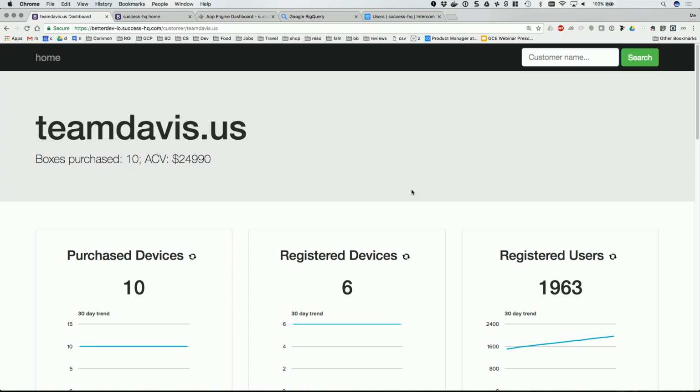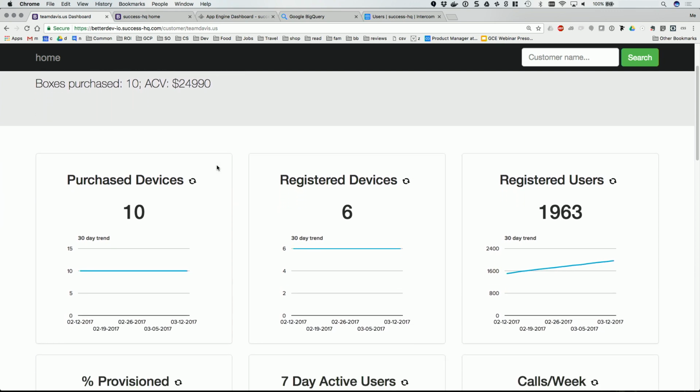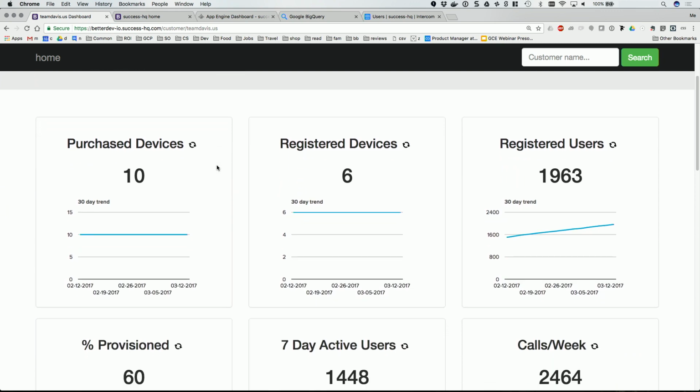If you click on any of these, you can actually get a dashboard that gives you a whole bunch of detail about how users within this customer are actually leveraging the product. So for instance, the Team Davis account, they've purchased 10 video conferencing devices to go with the software. They have an annual contract value of roughly $25,000 a year, and we can see the trends in their engagement